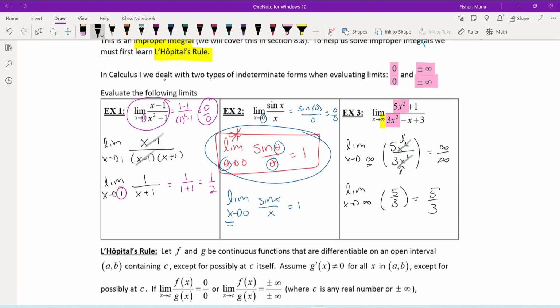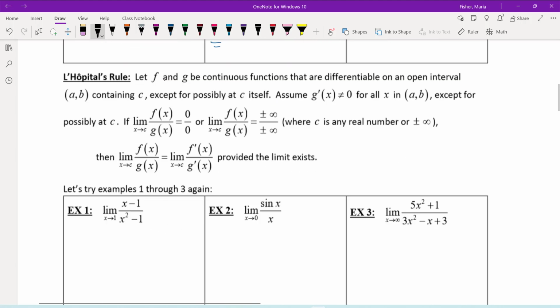So we dealt with all three of these in Calculus 1. L'Hopital's rule gives us a different method for dealing with these three problems. So let's look at what L'Hopital's rule is, and then we'll do examples 1 through 3 again. L'Hopital's rule